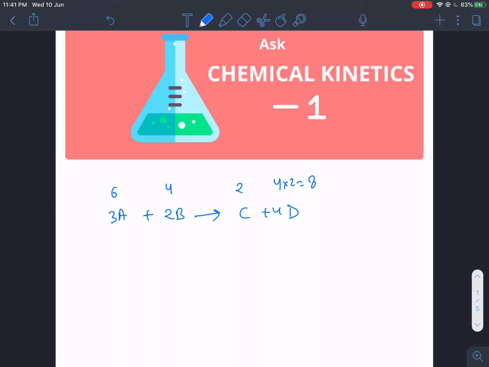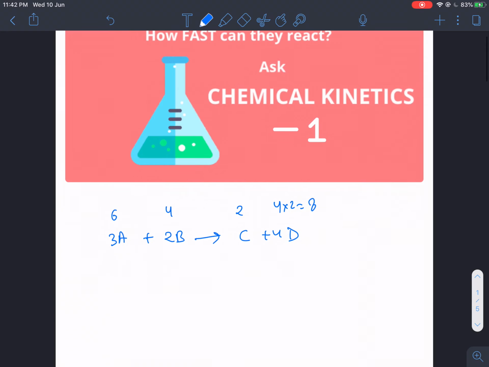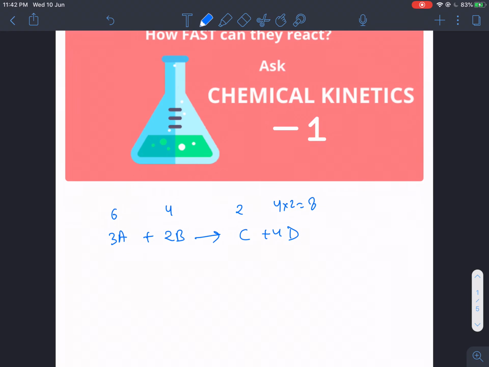Have you focused on the time aspect of this reaction? Obviously not. How much time is it going to take to complete, how much time to react the complete 6 mole of A, how much time to get 1 mole of C, how much time to get 6 mole of D? Such questions have never been asked and never been discussed till now. So that is the purpose of this topic. We are going to discuss the time aspect, how much time it is going to take.